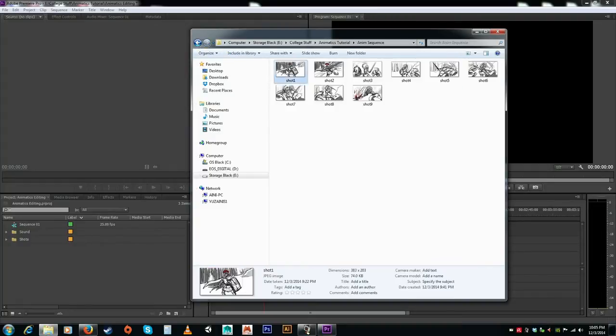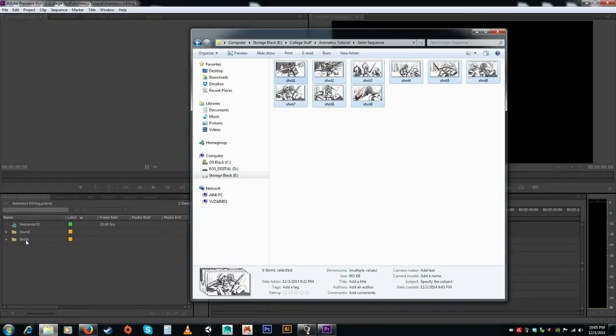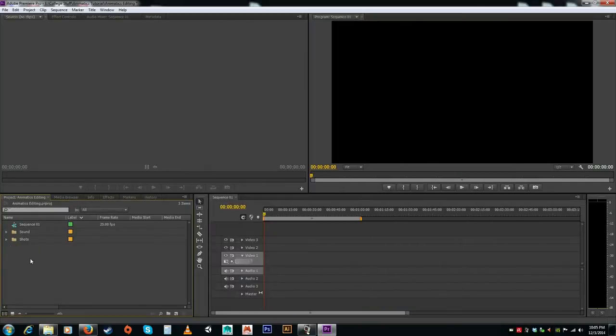Animation sequence. So I'm going to select all this sequence, drag and drop into the shots. Okay, so now I have all the shots here. You can rearrange it like this. Okay, alright, so I'm going to start arranging it. So shot 1,